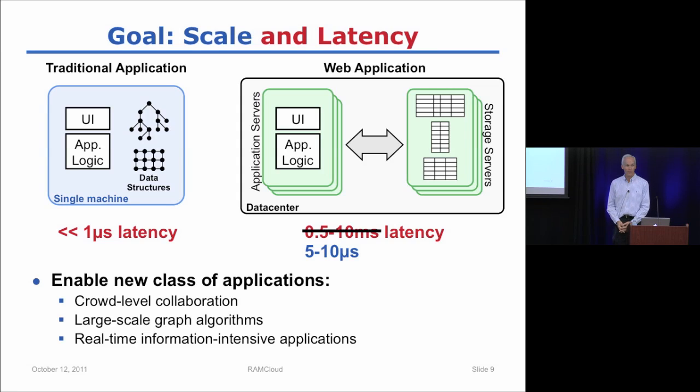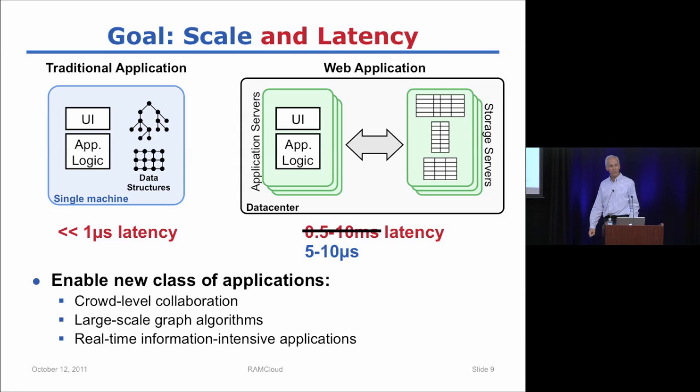When we first started the project, I was arguing that we should try for 1 microsecond, and everybody laughed at me. In fact, they laughed in a fairly unkind way and continued laughing until eventually I decided they were probably right. And so we backed off to 5 microseconds. We think over the long term it might be possible to get down into the 2 microsecond range, but that would require some architectural innovations where the NIC gets integrated with the CPU much more closely. We've actually started trying to convince Intel to do this, but that's probably a 5 to 10 year crusade to make that happen.